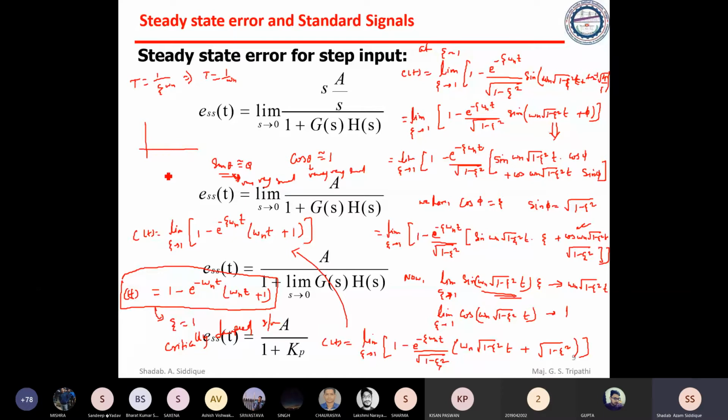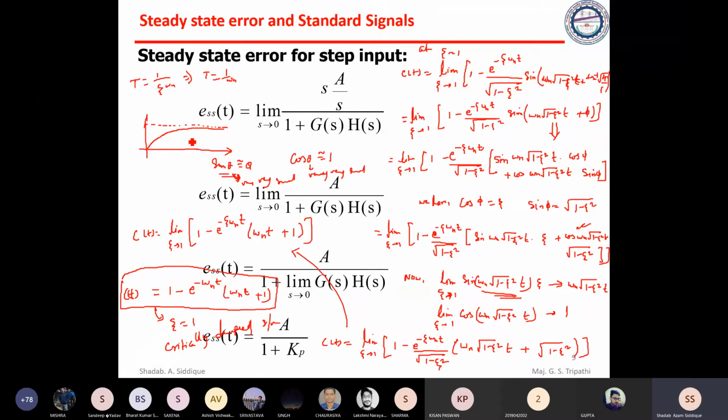If you simulate this equation in MATLAB, or find the points for different values, you take a fixed omega n value and different t values, that is one time constant, two time constants, three time constants. Then if you plot for different times, you will see your response will look like this. That is the response C of t. That's what we got in the last to last class, the response for a second order control system for the critically damped case.